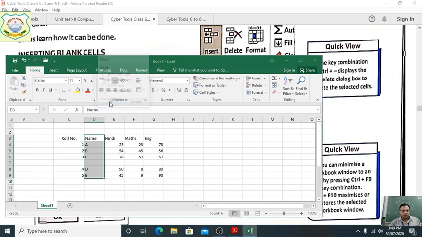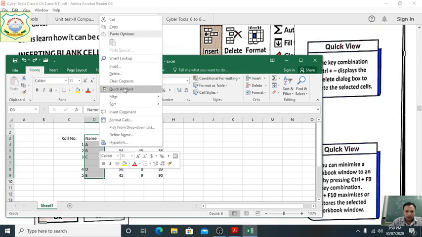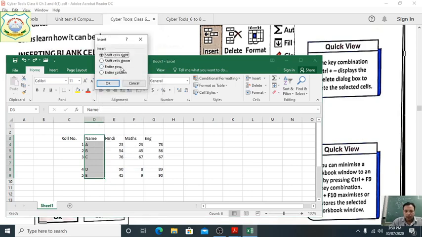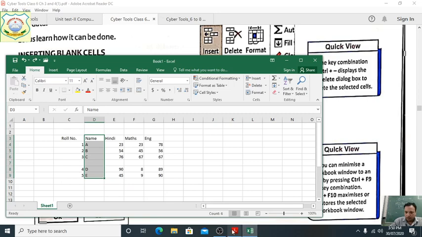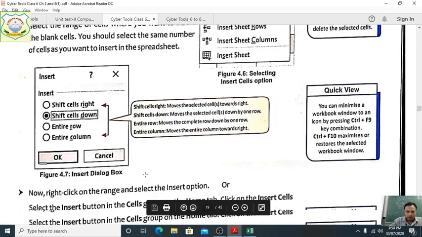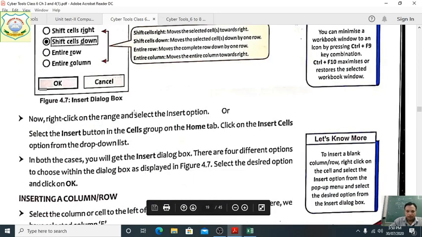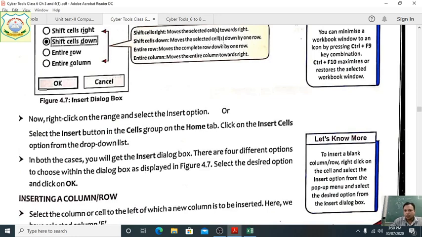Suppose all are shifted. So by this way we can shift the entire row. Clear? Shift cells right moves the selected cells toward the right, shift cells down moves the selected cells down by one row.